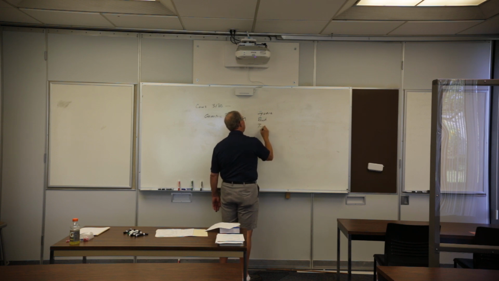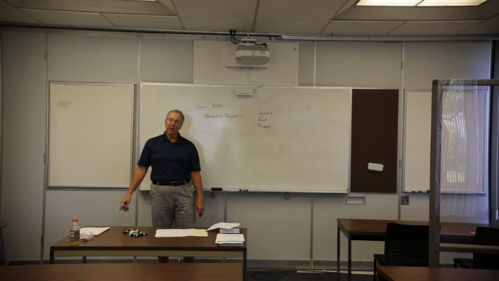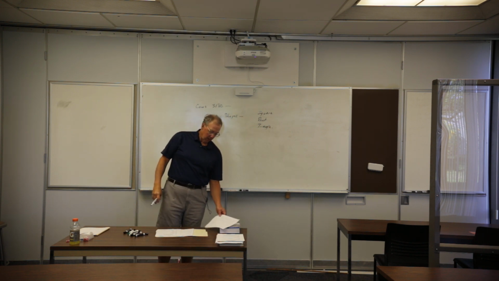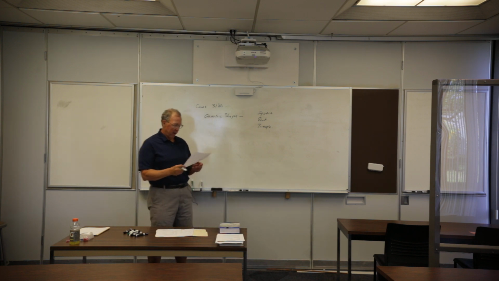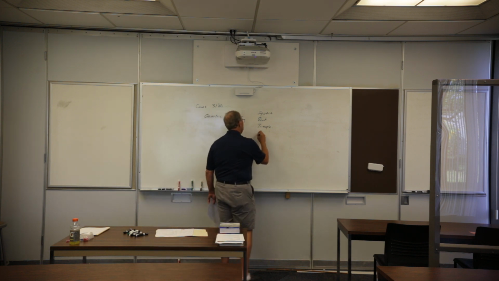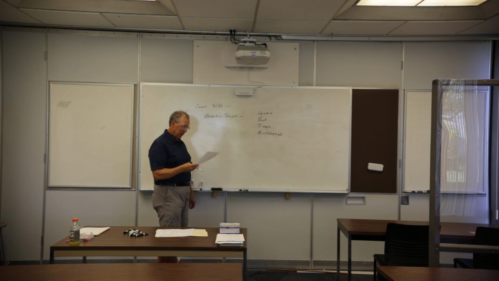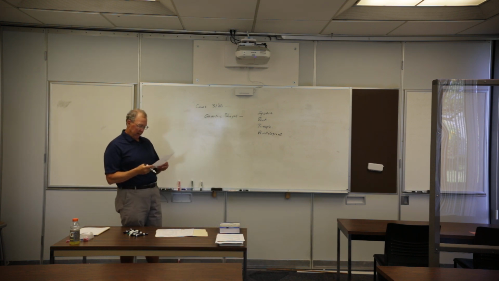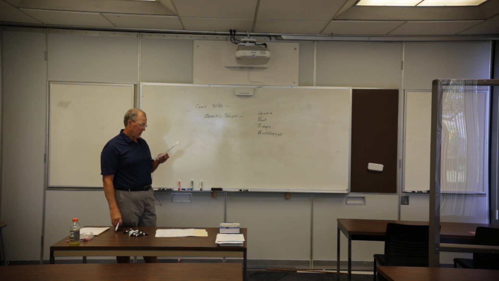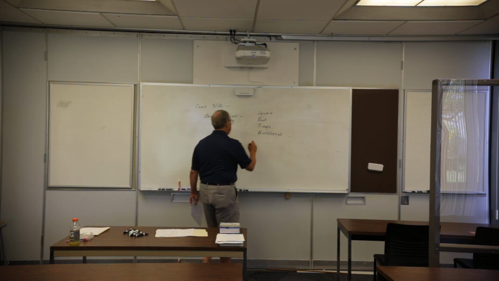Triangle. Those are fairly common shapes that we see out in the field. Rectangles, parallelograms. We've got parallelograms out there. What else do I have written down here? Rectangles, squares, parallelograms, triangles, circles,